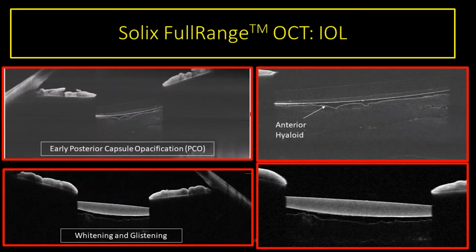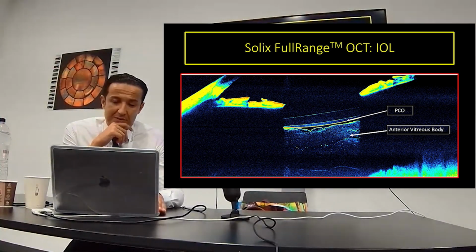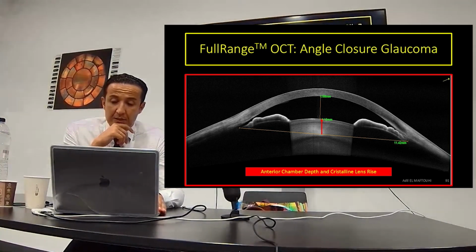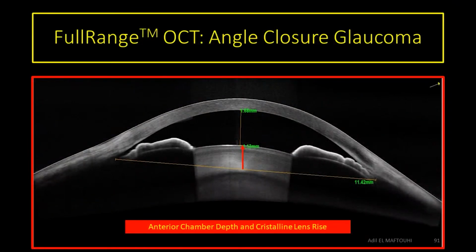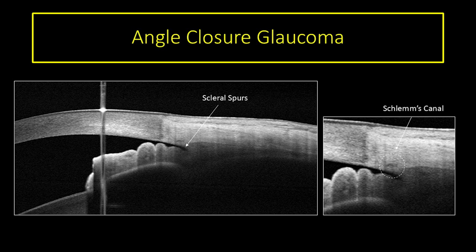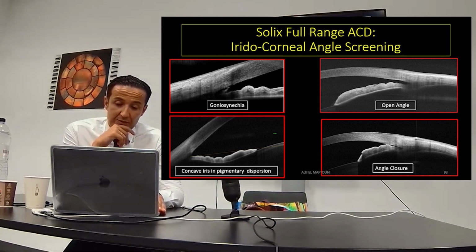You can identify also the anterior hyaloid and the visualization of the anterior vitreous body. You can quantify the involvement of the crystalline lens in case of angle closure glaucoma. You can identify the scleral spur, also the Schlemm canal. You can analyze the angle, in this case of keratoconus initial, concave iris in pigmentary dispersion, open angle and angle